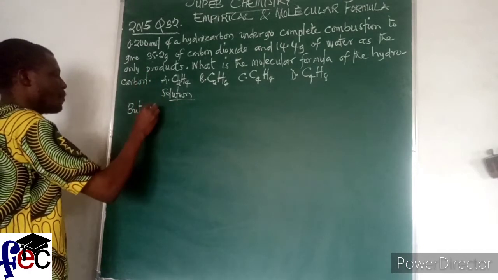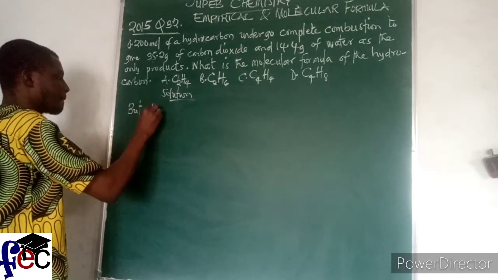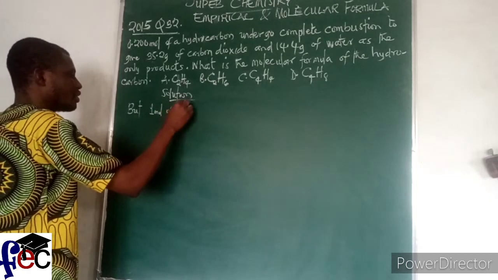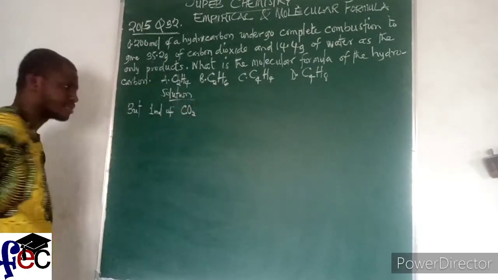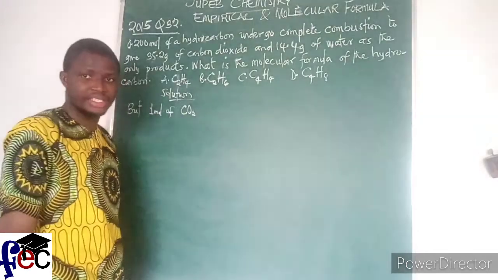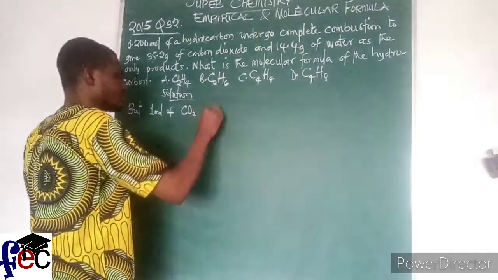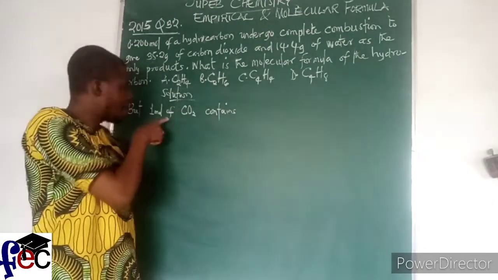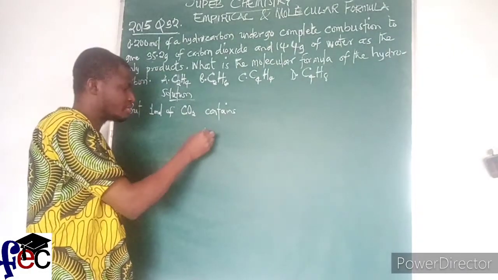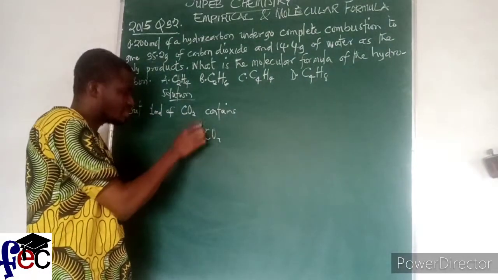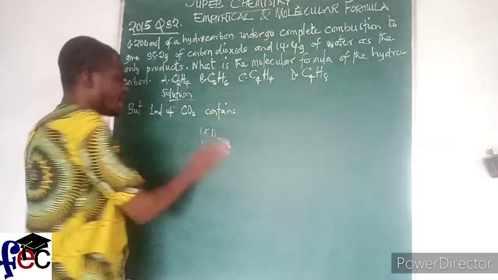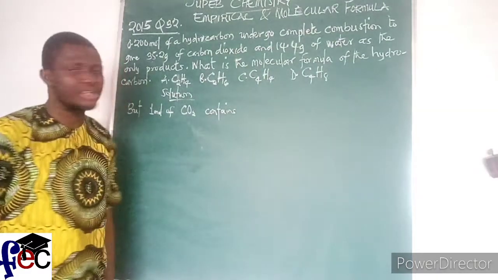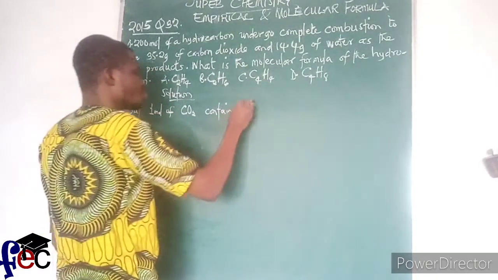What is 1 mole of carbon dioxide? Do you understand now? Check it, 1 mole of carbon dioxide is like CO2, because that's the number of moles, 1 CO2, okay? How many grams of carbon do you think is present in 1 mole of carbon dioxide? You will see that it is 12 grams.